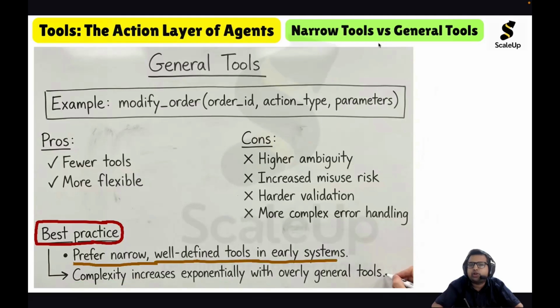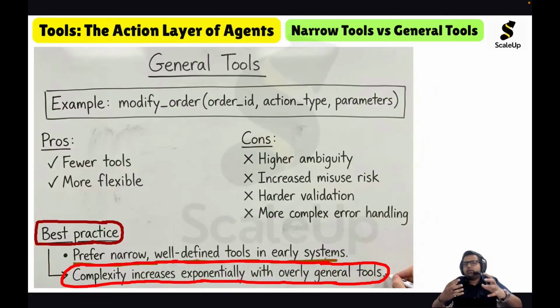So that's why you should avoid general tools in the beginning, and prefer narrow tools in the early stages. And later you can combine some tools into a single tool, because complexity increases exponentially with overly general tools.